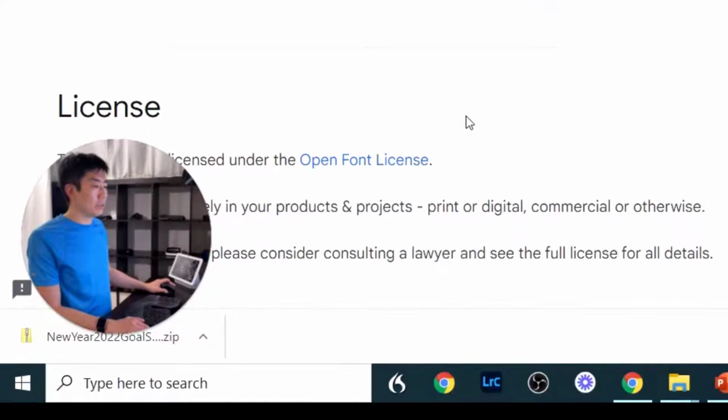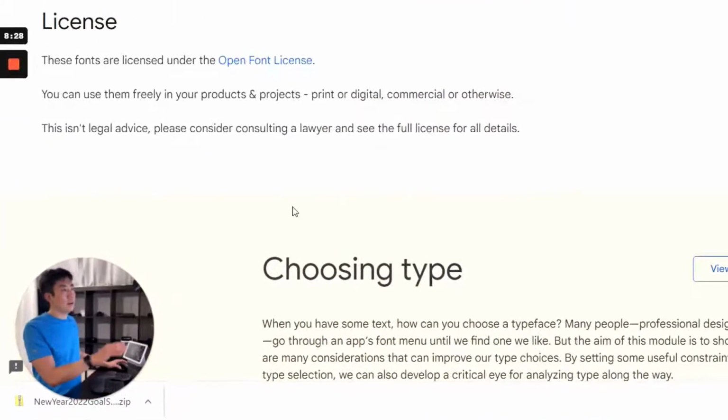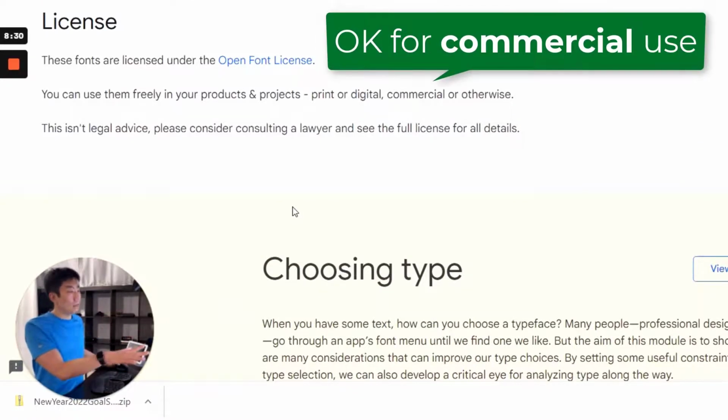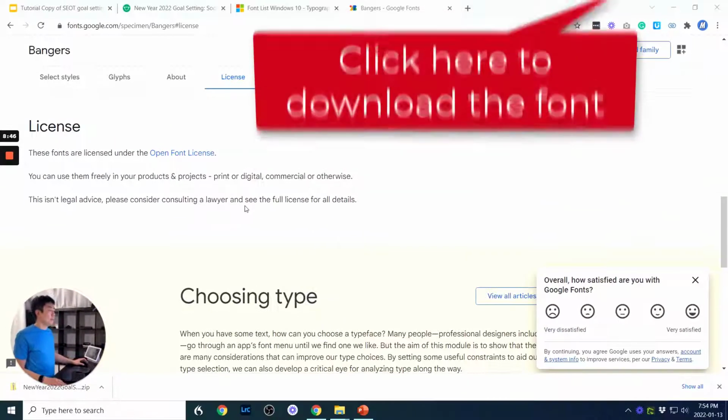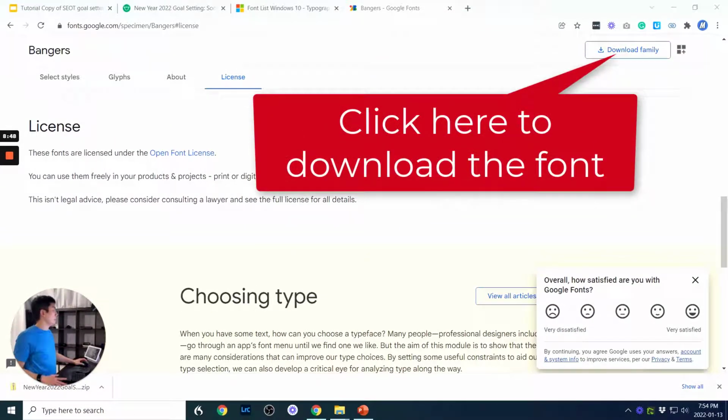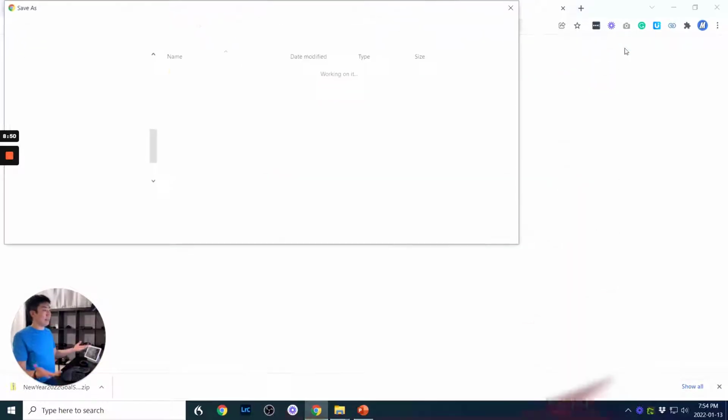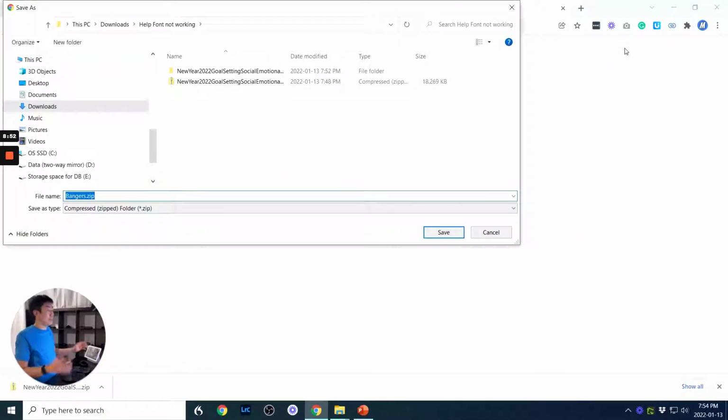And if I scroll down here to the bottom, and this is probably true for all Google fonts, it says these fonts are licensed under the Open Font license. I've read that before. I know that I can use this commercially in different projects, but obviously Google is not a lawyer. I'm not a lawyer. Consult a lawyer before taking our word for this kind of stuff. But basically Open Fonts, I can install it on my computer and embed it in things, and I can sell this resource on TPT. So I'm going to install this font.